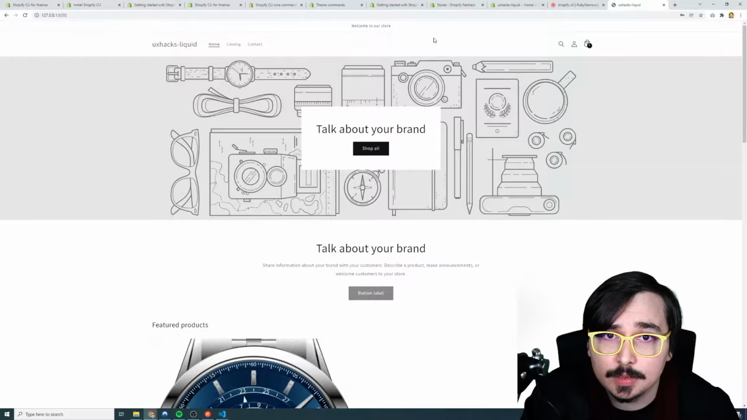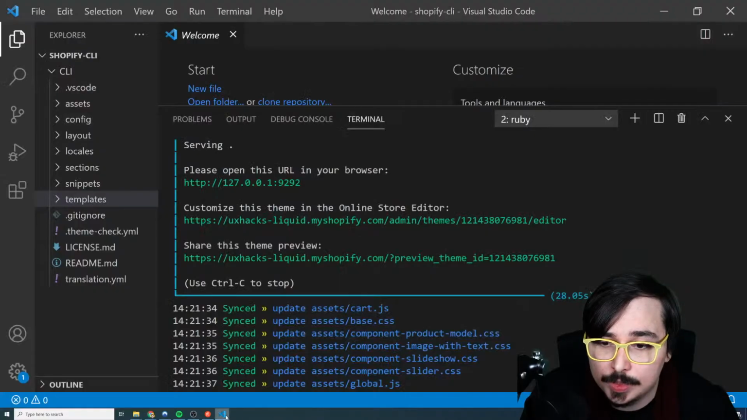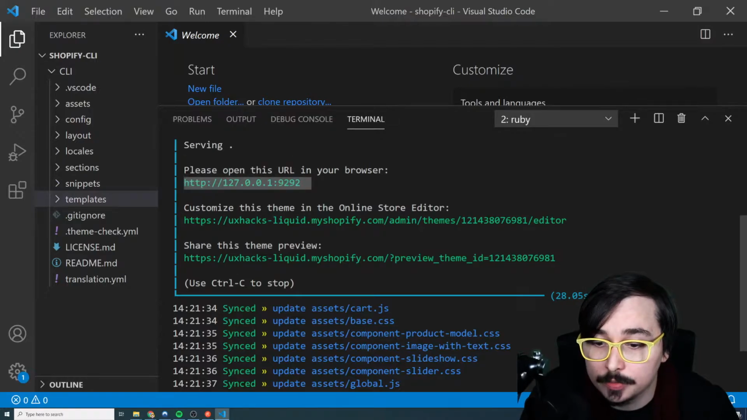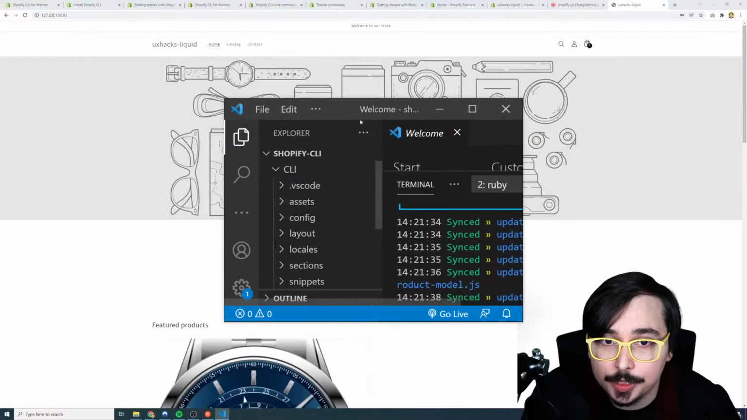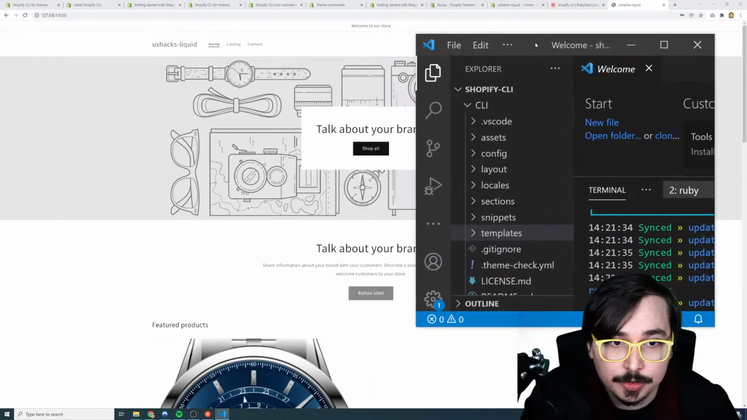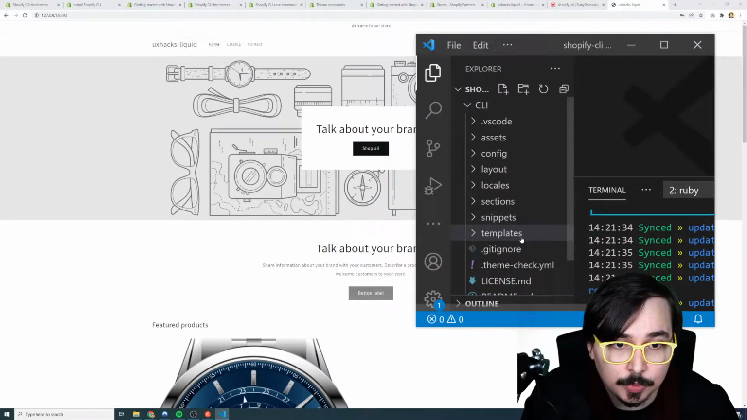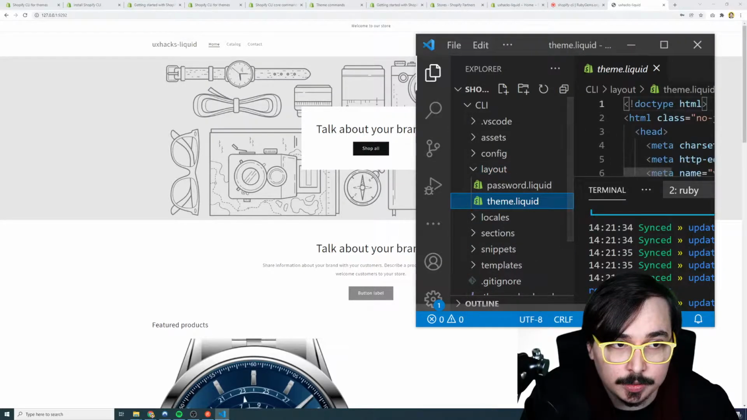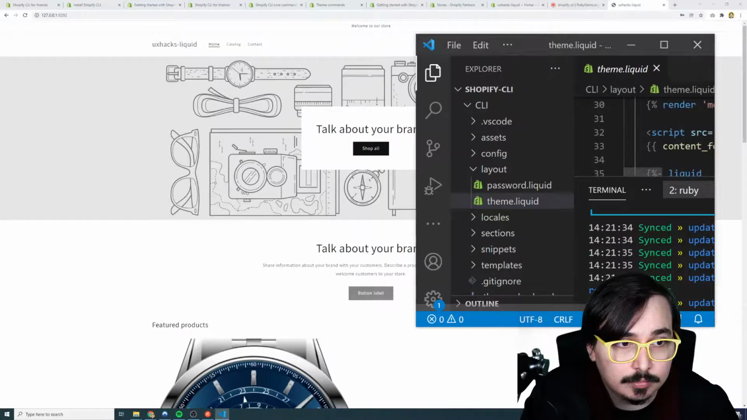And what's cool about this is if you're using this Shopify theme serve command and you're working on a local development environment, what you can do is essentially come in here and you can make changes. So let's say, for example, I go to my templates. Actually, let's go to layout, theme.liquid. And let's say,